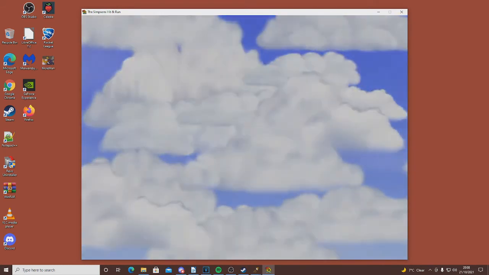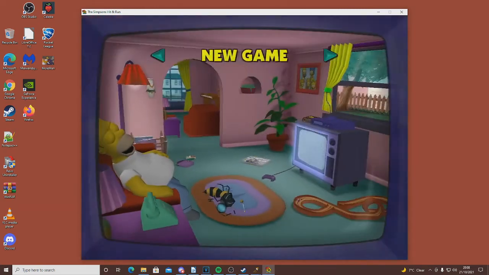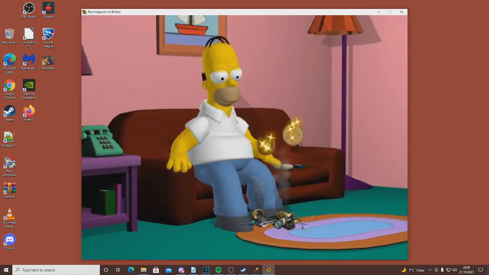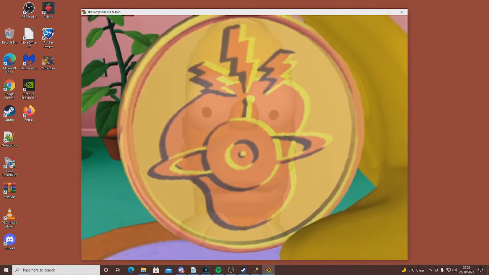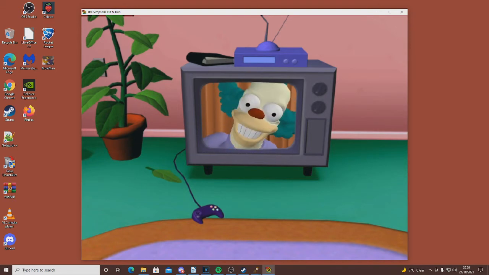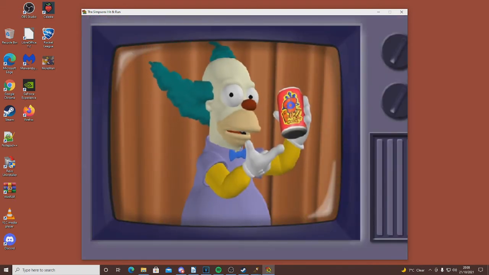Next, we shall load the game. The first thing we're going to do when we load the game is to start a new game. After we start a new game, we're going to make a tutorial save, so you don't have to watch the tutorial every time you start a new run.